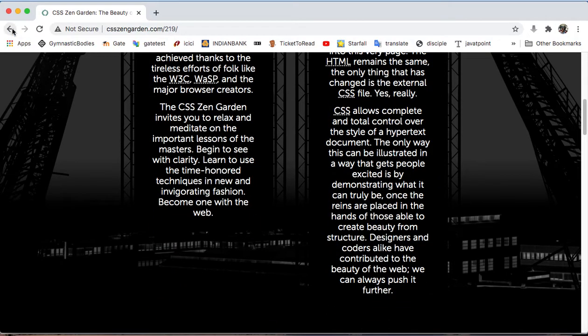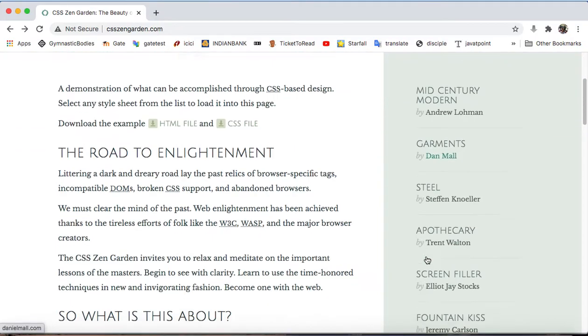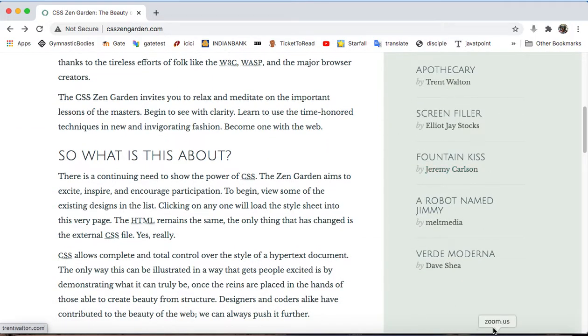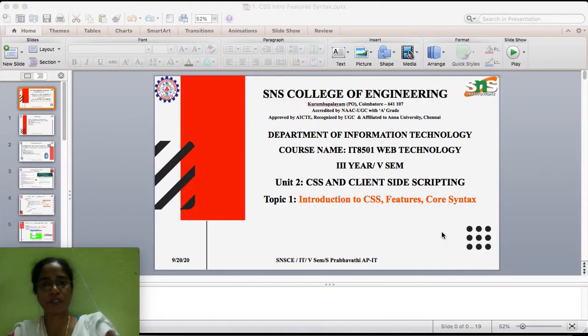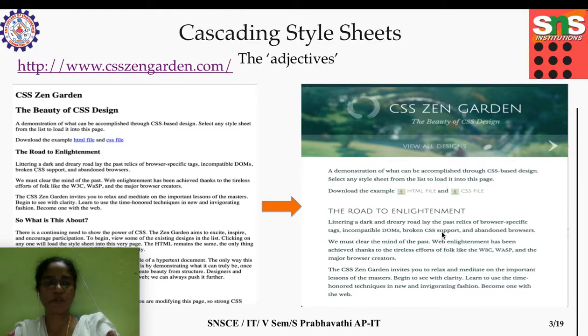If time permits, take a look at all the different designs. This is possible by means of CSS, and that's the topic we are going to see. Why do we need CSS?